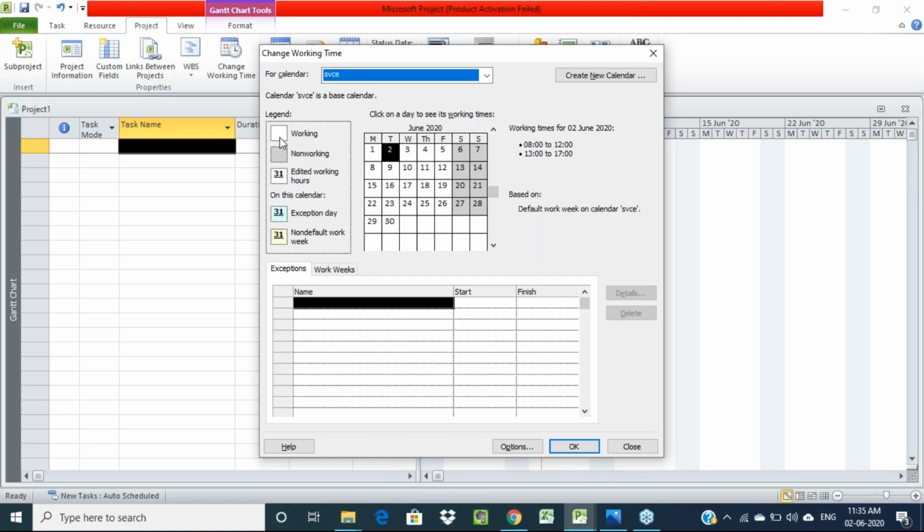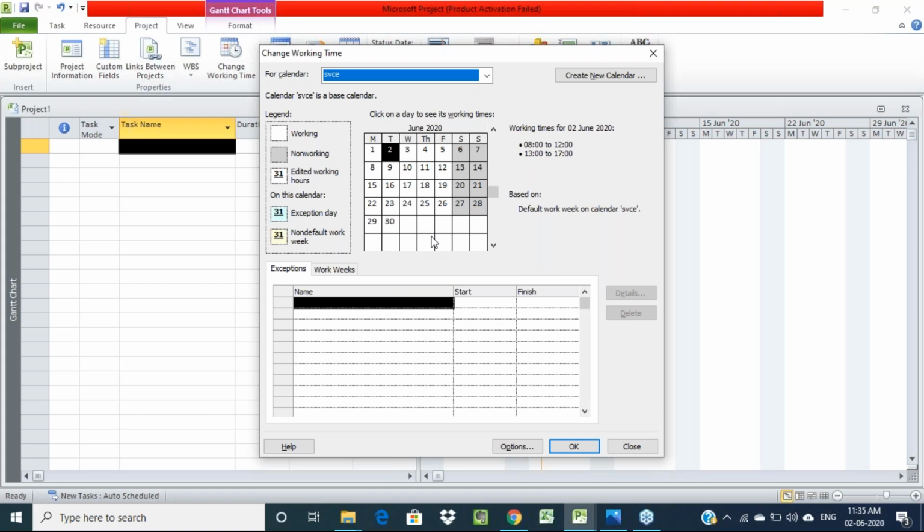In this calendar, white color indicates working hours, and a little bit dark color indicates non-working. As you can see in the calendar, now in the June month, how many days we want to work for our project, how many hours in a day, how many days in a week, how many days in a month, that we have to select here.